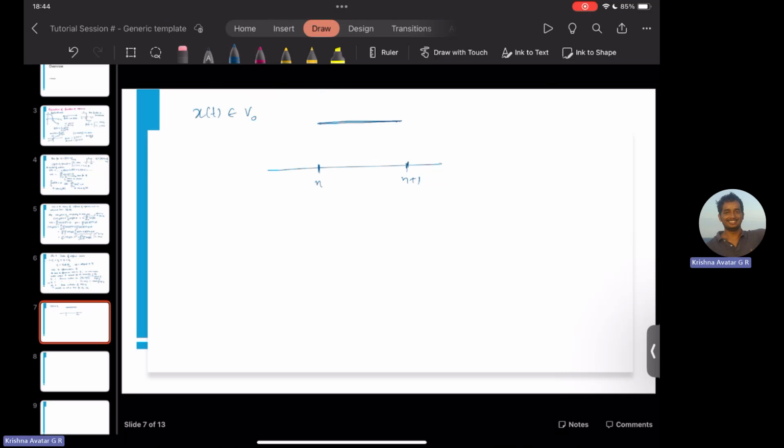Let me use a different color. Say our function is this. So this is our actual function. Let me call it x tilde. And this is, say, x(t). I'm just calling it x(t) for the sake of convention, to make our notations consistent. And what we see here is that had we wanted the same function, x tilde, to be approximated